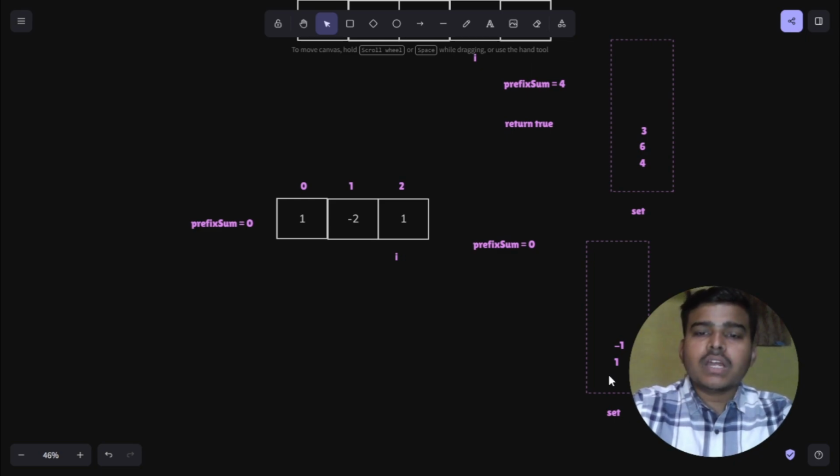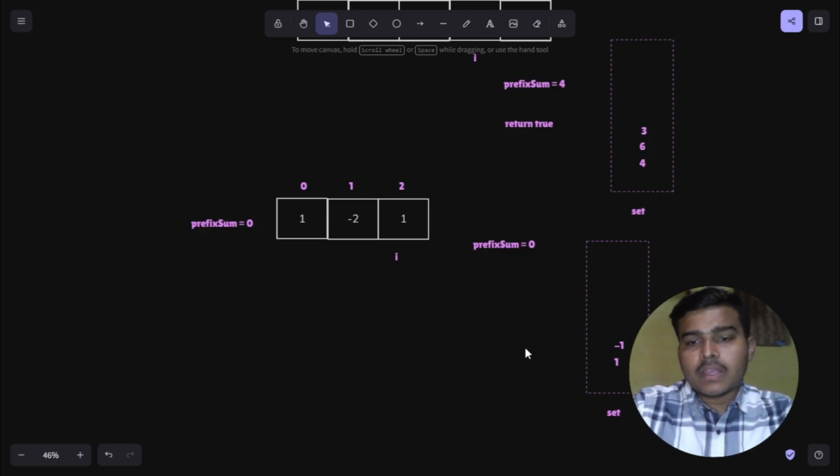But based on the logic, we are just asking, has this particular 0 been encountered earlier? So yes, 0 has been encountered earlier. That was when we have not started taking the sum, when no elements were added inside the prefix sum. At that point of time the prefix sum was 0 as a virtual prefix sum, and that thing we must insert inside the set in order to avoid missing the valid subarrays which are starting from the 0 index. In this case we can see that 1 minus 2 minus 1 plus 1 0, this is a subarray with the sum 0, which is a valid subarray starting from 0 index. So in order to avoid missing these particular valid subarrays, we have to insert this 0,